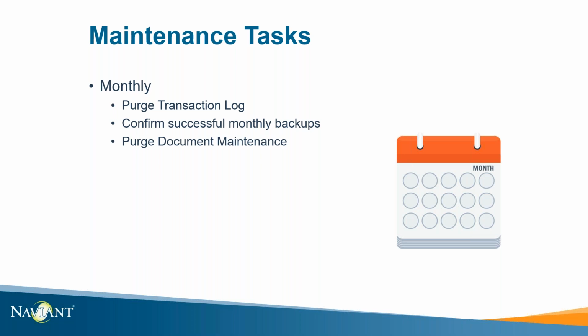When a document is deleted from OnBase, it goes into document maintenance. This is similar to a recycling bin where documents can be recovered if necessary or completely removed from the system. For this reason, one could still have a high volume queue from a database perspective, even if only a small number of documents are visible in the queue via the client. By purging the documents and document maintenance, the system removes all records associated with the document from the system, which potentially eliminates high volume queues.